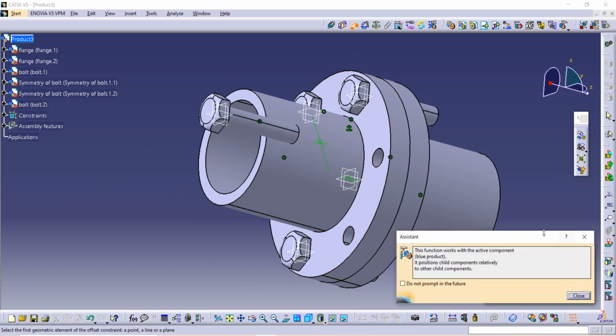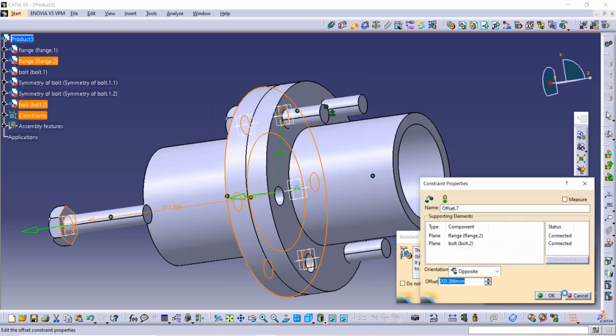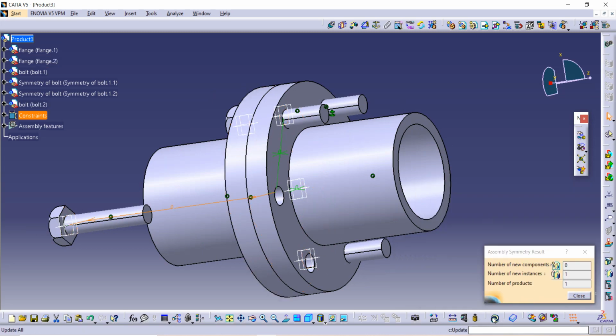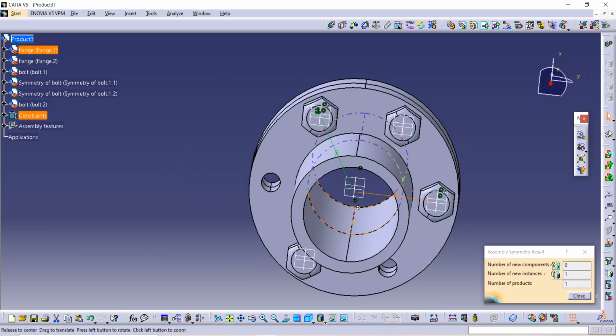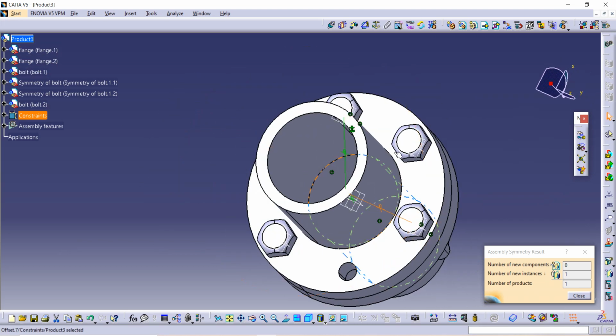Not this, this is offset. I am using symmetry.